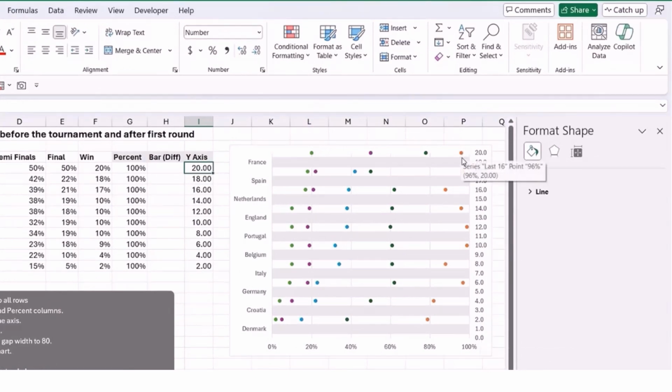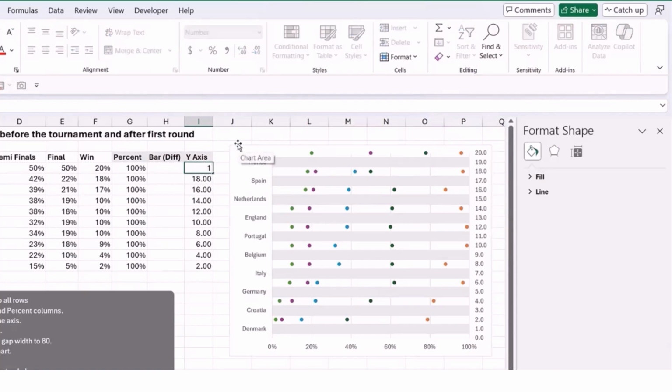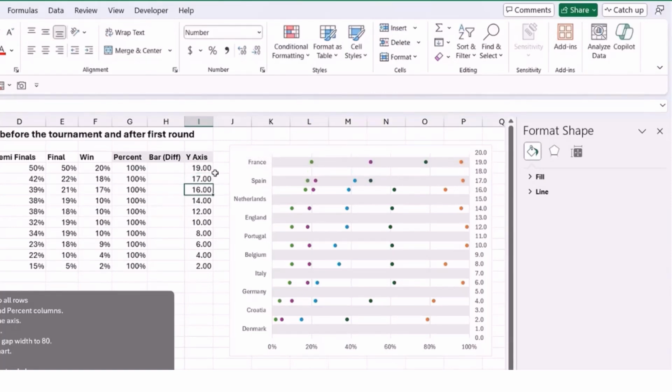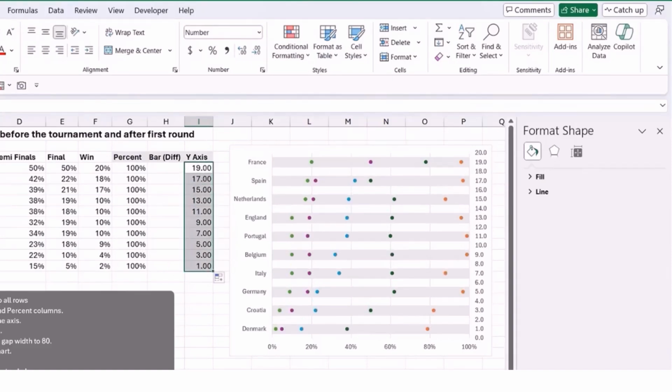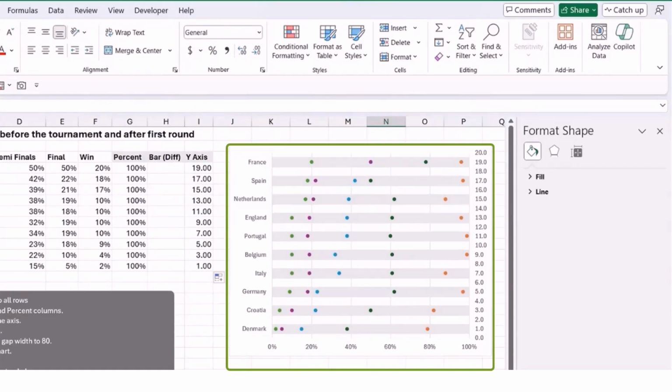Now I want to move all of these dots down so that this first row are in line with 19. The second row should be in line with 17, so that they're dead in the middle of that grey bar. So all we need to do is adjust our y-axis values to get this to work. So instead of 20, I'm going to have 19 in there. And notice as soon as I press 19, it moves that first row of dots down into the correct position. We can go 17 for the next lot, and then we can just copy these down because it will recognize the pattern. And like magic, those dots are basically now in the correct position relative to the X and Y